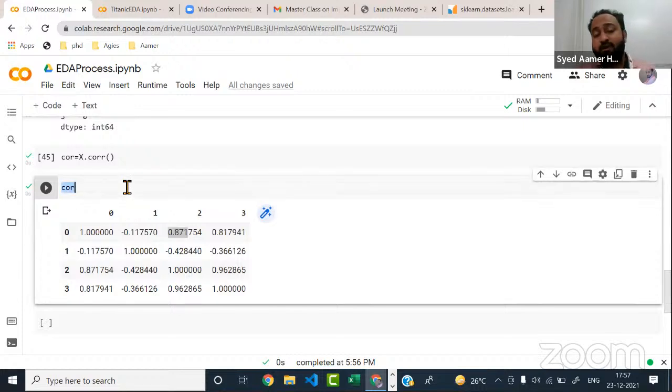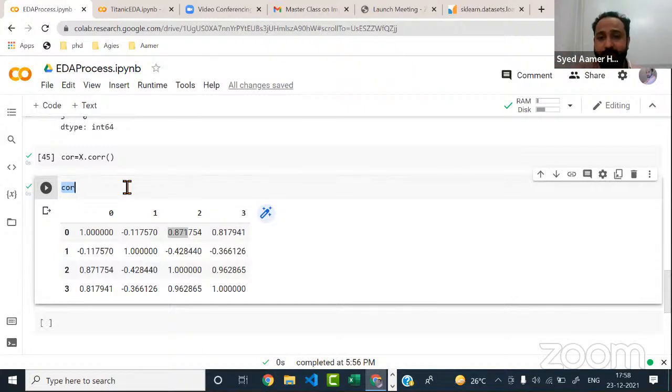So now, guys, you got the correlation value. For what purpose will we use it? If two columns are highly correlated, what's the meaning of it? It simply means that the way x1 influences y, x2 will be influencing y in a similar way, for example if x1 and x2 are highly correlated.